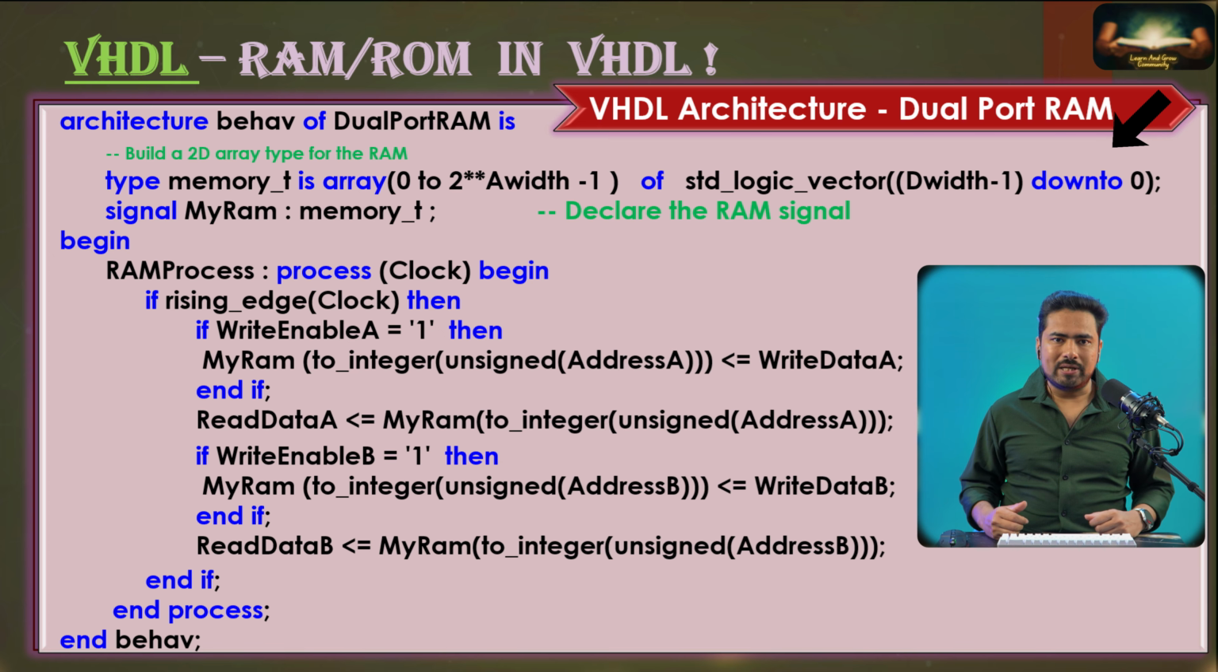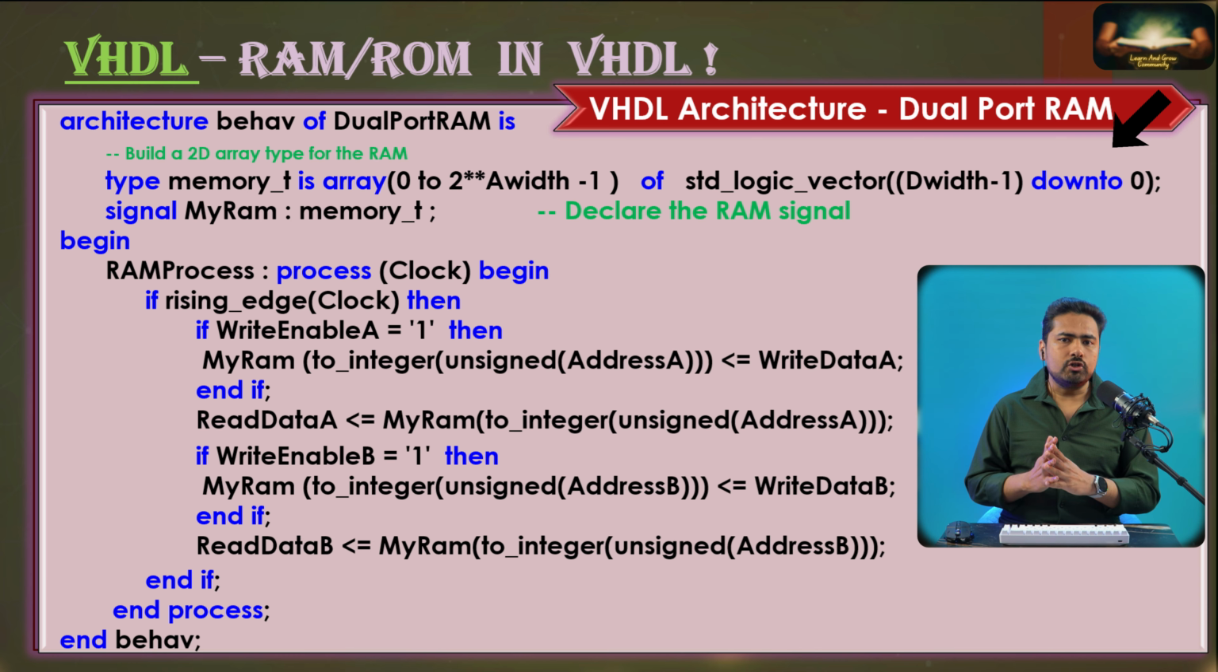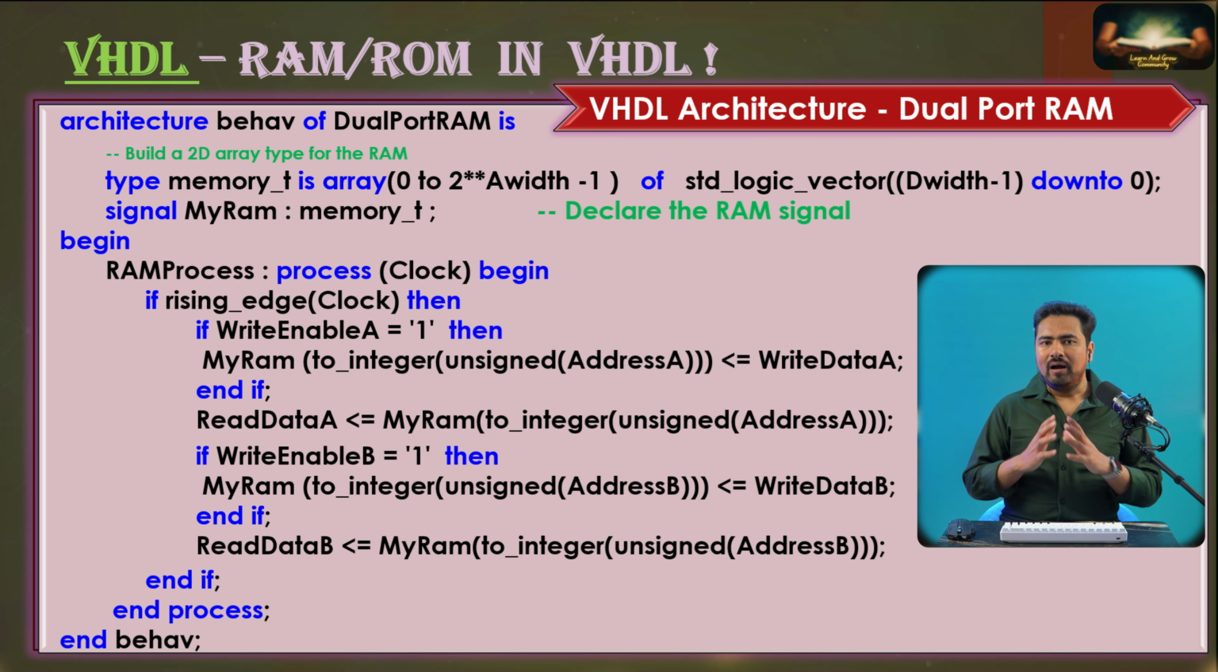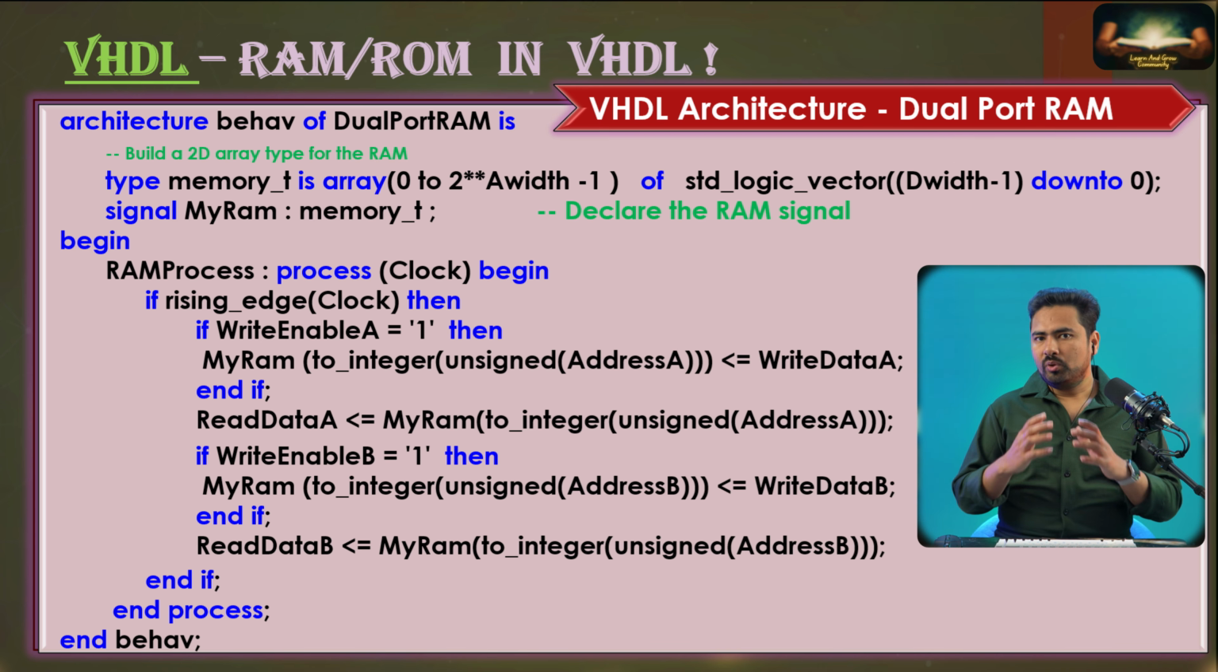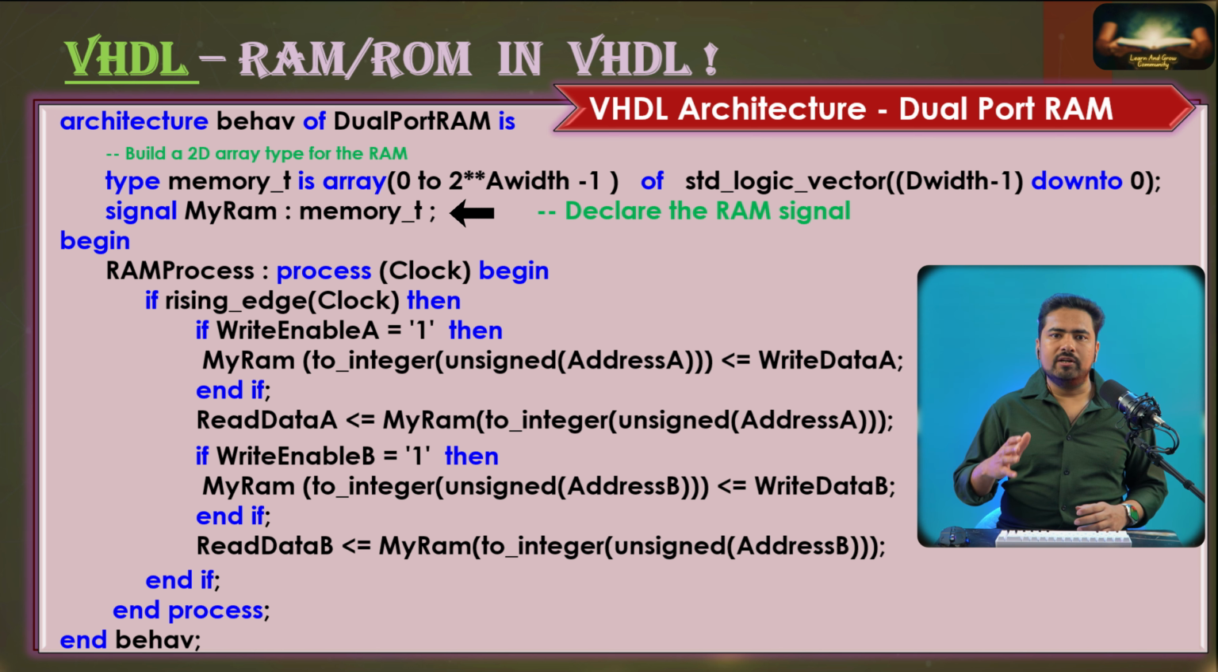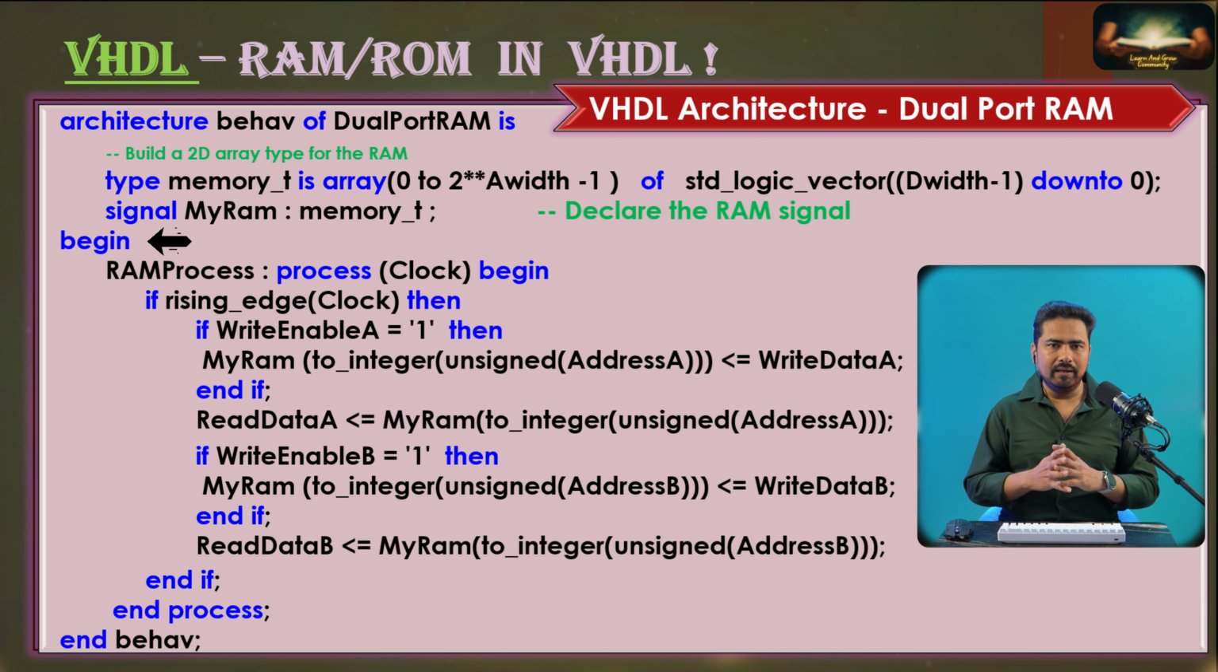Now this is the architecture section. So this is our full architecture code for dual port RAM. Architecture behave of dual_port_RAM is type memory_T is array (0 to 2**a_width-1) of std_logic_vector(d_width-1 downto 0); signal my_RAM: memory_T; begin RAM_process: process(clock) begin if rising_edge(clock) then